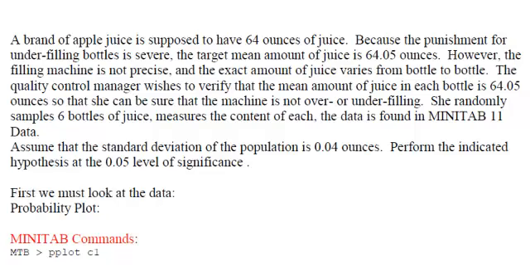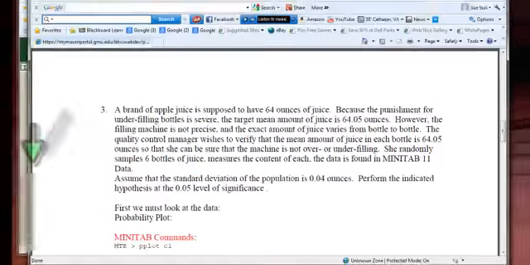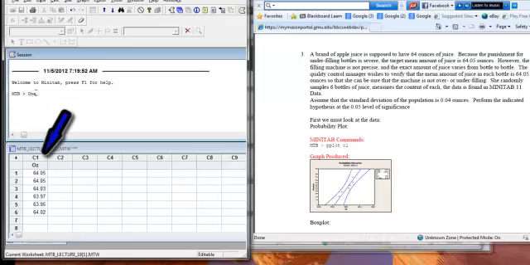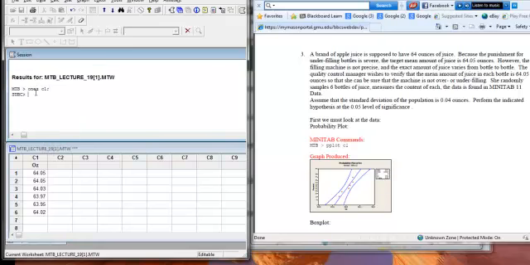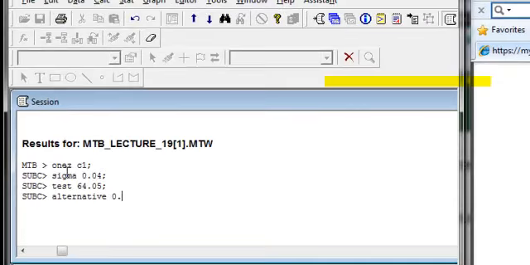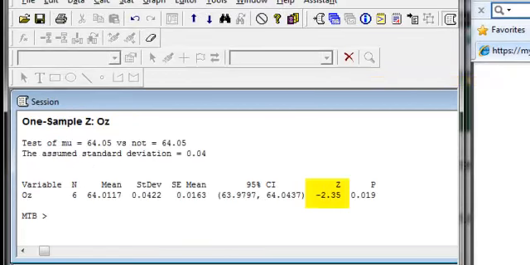Let's open up Minitab and put what we need in there. It's a 1Z test. My data's in column 1. I am going to put the sigma in the problem, which is 0.04. I'm testing the value of 64.05, and the alternative is a two-tailed test, 0. Hit enter, and there we get our z value is -2.35, not looking good for the null hypothesis, and the